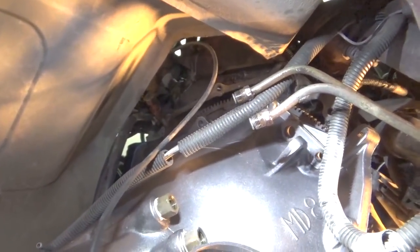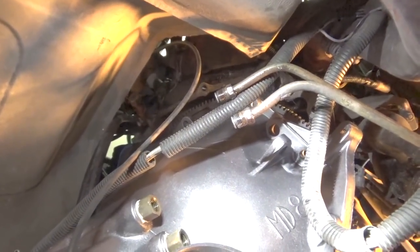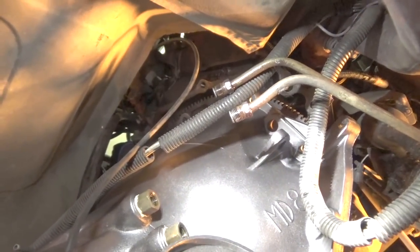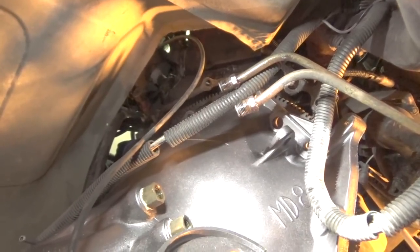Now, one of the things that I was a little surprised at, because they didn't tell me until after I bought it, is that they recommend not flushing the line. They recommend that you replace the transmission cooler. So you're looking at around $45 for that. So I'll probably end up